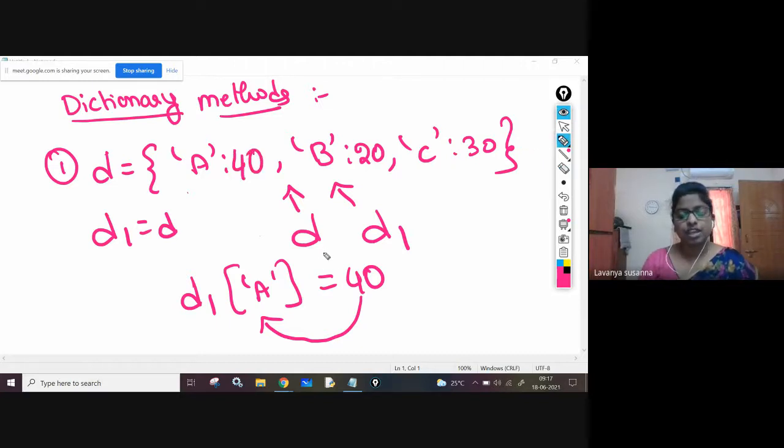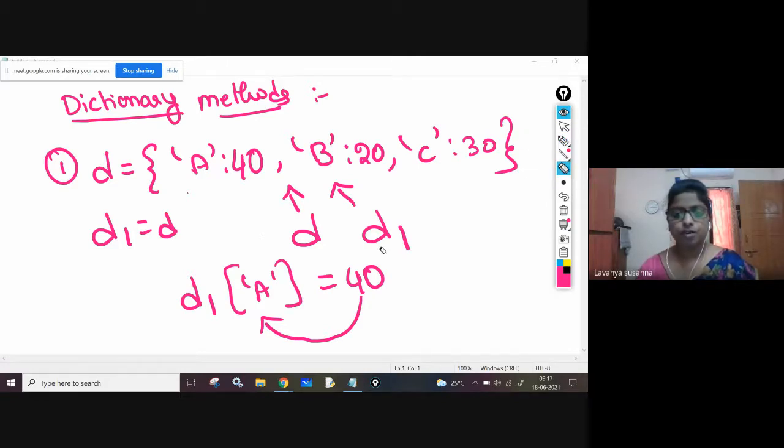That means if you are modifying using D1, D is pointing to this object, A 40, B 20, C 30, so those values also will be modified, because D is pointing to that object only. D1 is also pointing to that object only, which contains the key-value pairs A 40, B 20, C 30. I hope you understood.